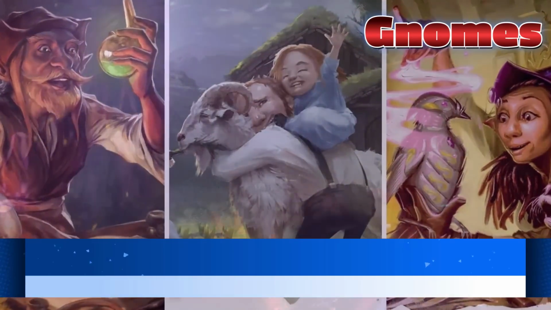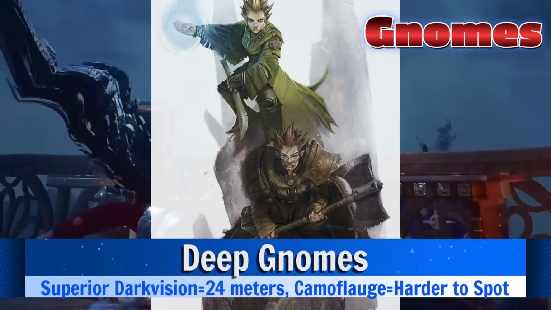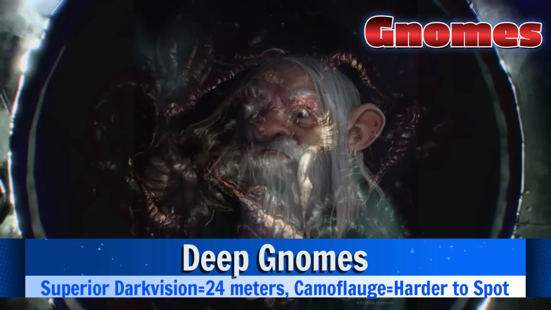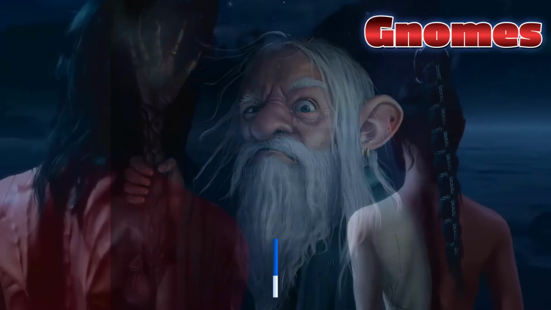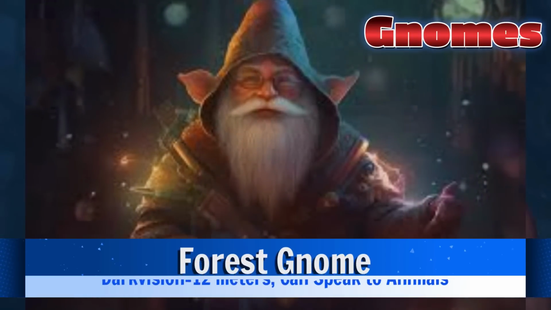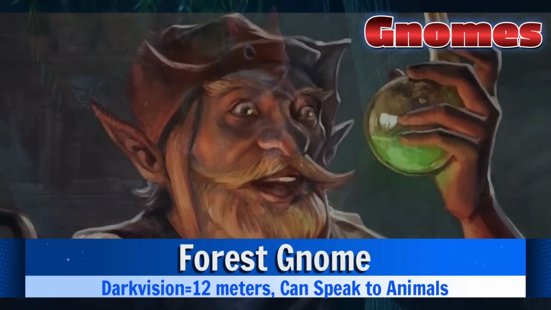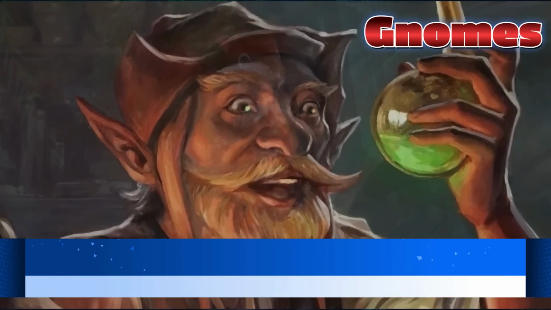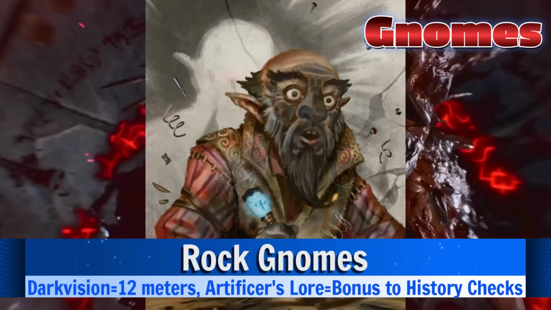The Deep Gnome gets superior dark vision, better than even the elves, being able to see 24 meters in darkness, and they get camouflage, making them hard to spot on stealth checks. Now the Forest Gnome gets regular dark vision to see 12 meters and can speak to animals once per long rest. The Rock Gnome gets regular dark vision as well to see 12 meters, and Artificer's Lore, which is a